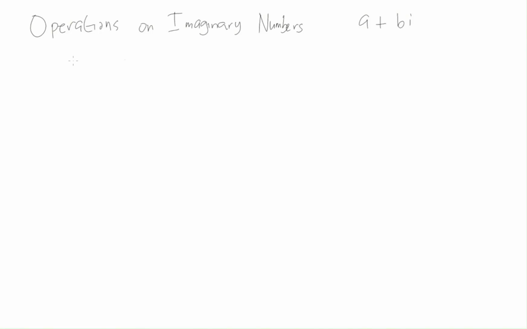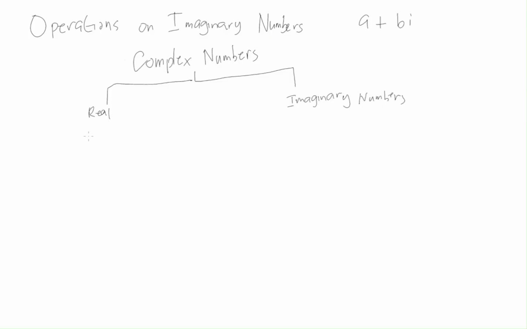So imaginary numbers, these are way different from what we know about real numbers. This is under complex numbers, which can be divided into the types of numbers: real numbers, and we also have these imaginary numbers. The real numbers are like the rational numbers and the irrational numbers, which can be further divided into the non-integers,